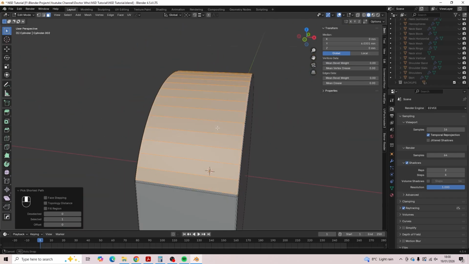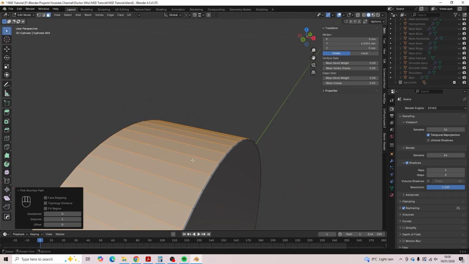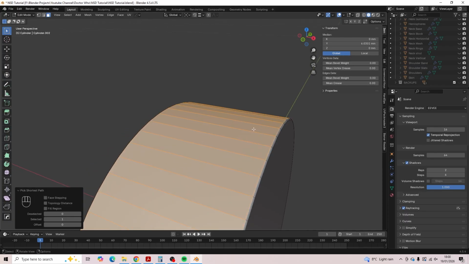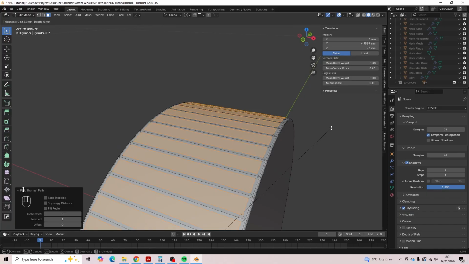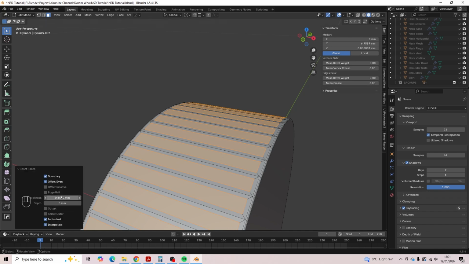Just like that. So now we've got that ring of faces selected. And we're going to press I to inset them and then drag in. But you see, it does it all as one selection. So if we press I again, you can inset every individual face. So it doesn't need to be much. Let's just do it by